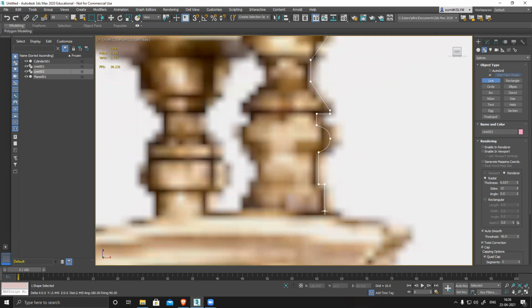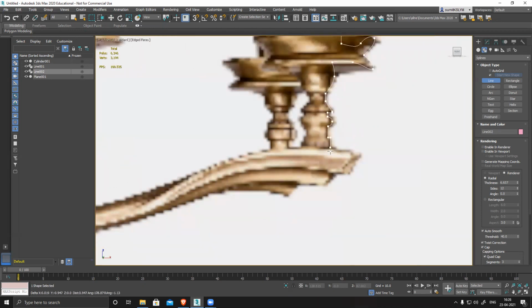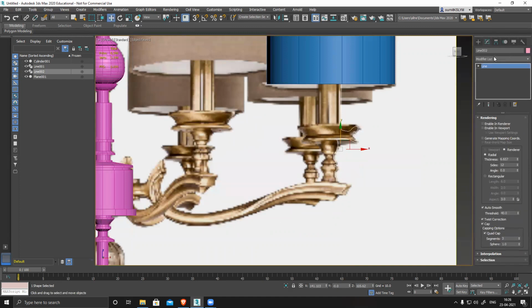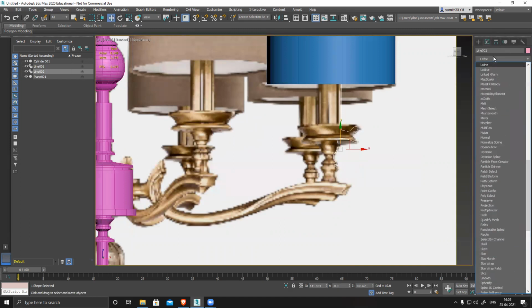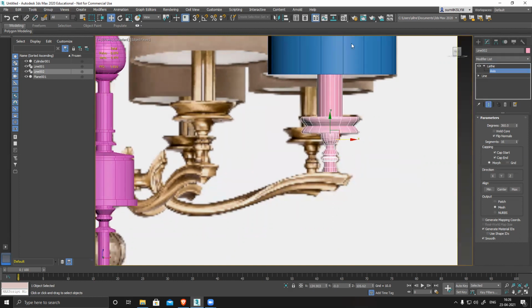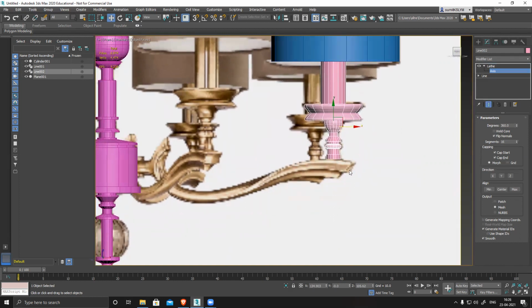There are a few areas which are really pixelated, and I can't make out what they are. So I'll keep it like this, right click, basic shape, lathe, axis, move it and match the thickness. See, at once it's ready.